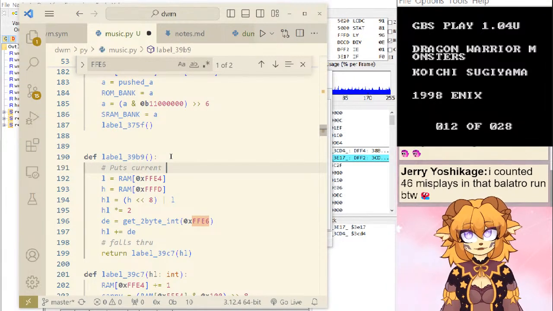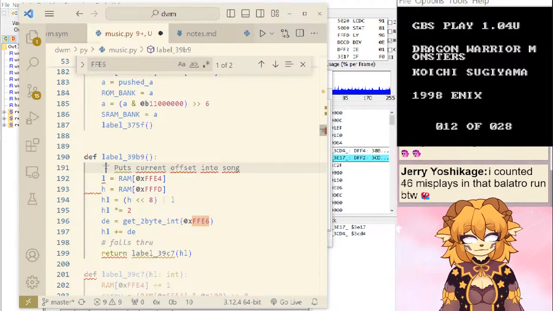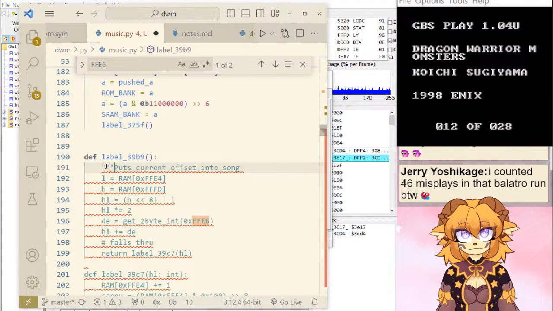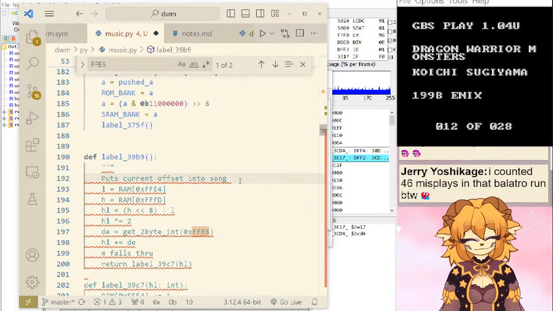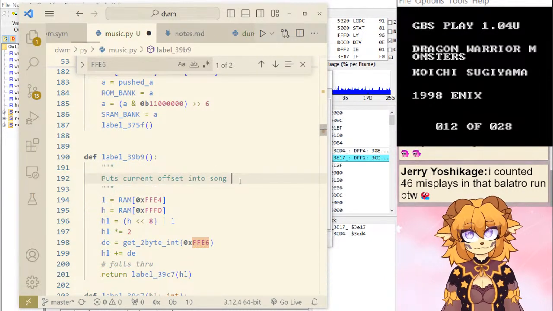Current offset into song. The function description. I'll just do it this way. So, the song into HL.